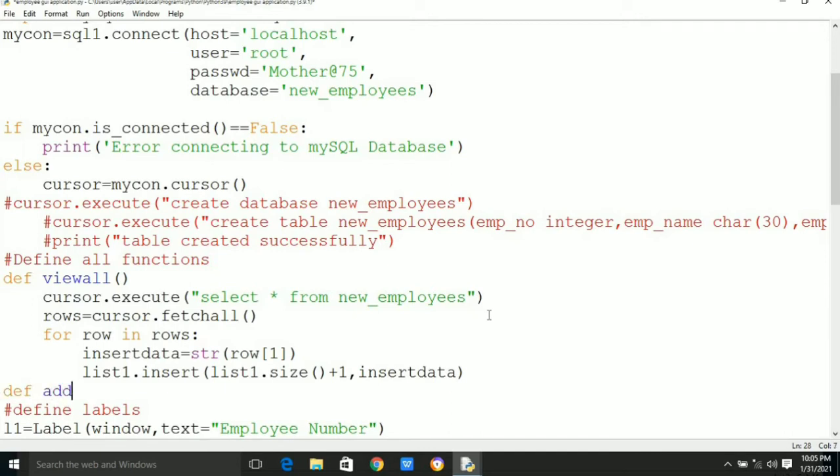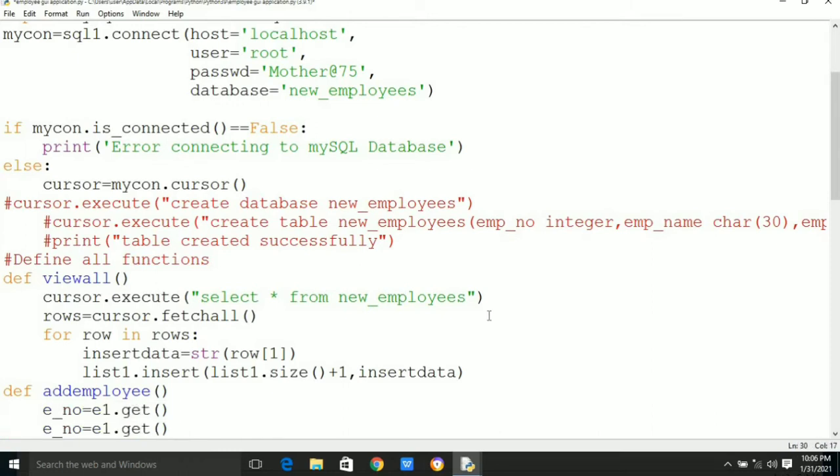There are 4 text boxes in our form and we have to collect these 4 pieces of data, which are stored in E1, E2, E3 and E4. E1.get will collect the data entered by the user and we can store it in a variable.